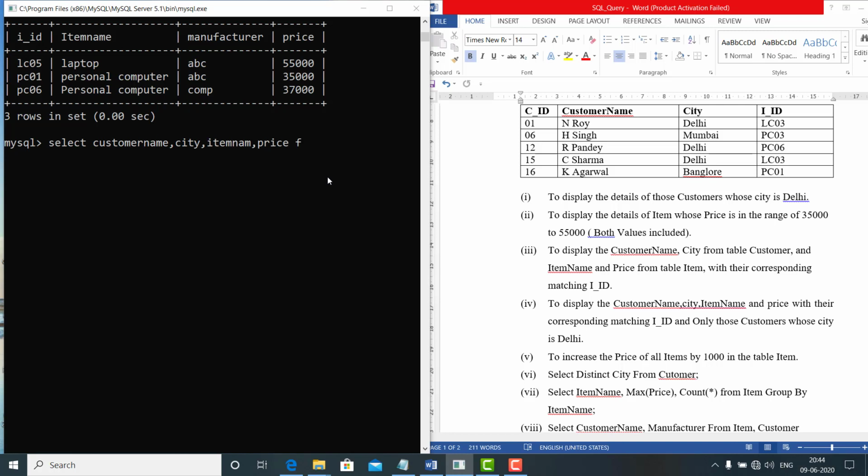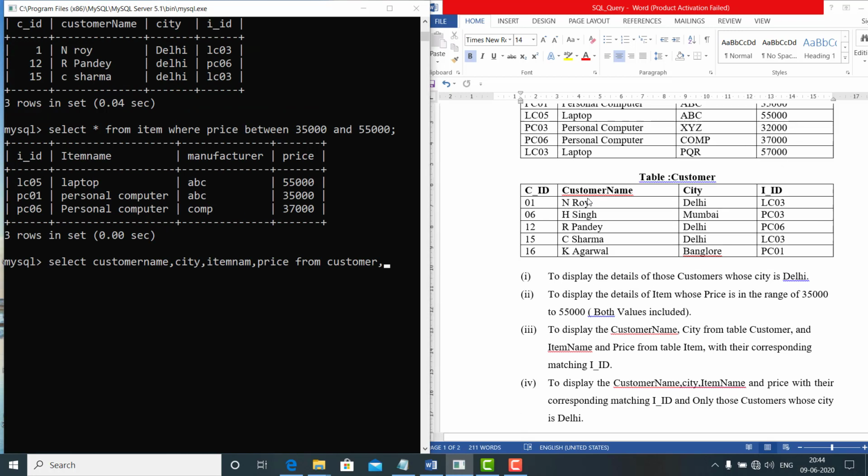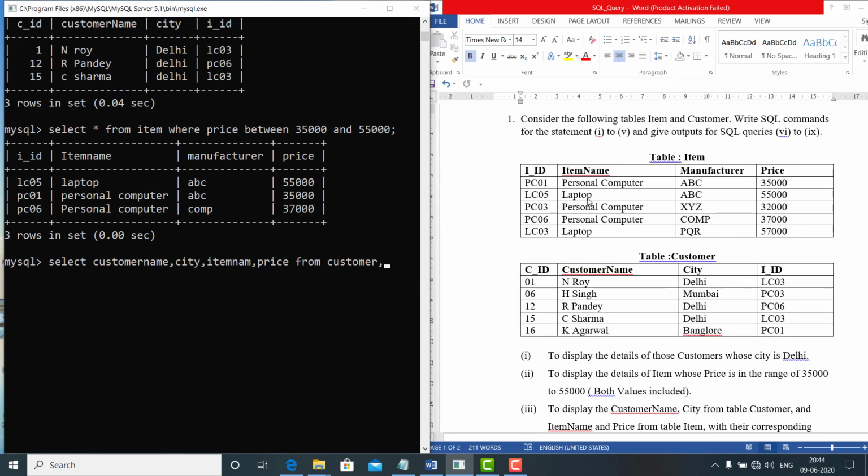Now we have to use the table names, from which tables: from customer and from item. We will write these two table names.